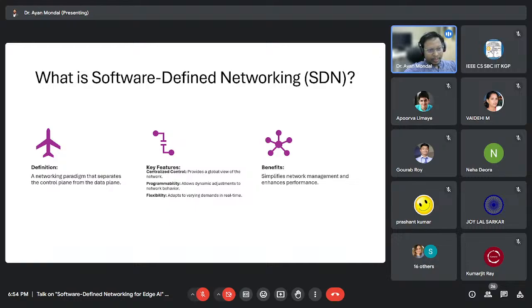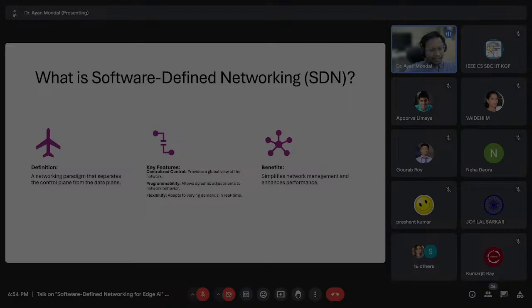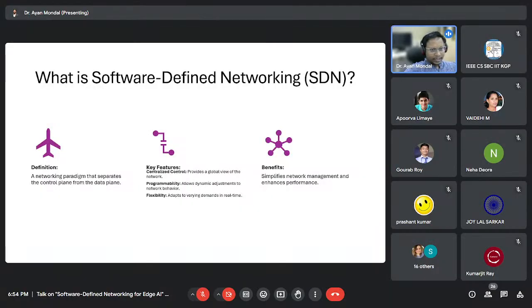One we call the control plane, one we call the data plane. The control plane is the brain of the network, and the data plane is the limbs and body parts of the network. By doing that, what we achieve is centralized control over the network. It gives you a bigger perspective, and any fault that is there you can quickly resolve, and you don't need to rely on ICMP messages